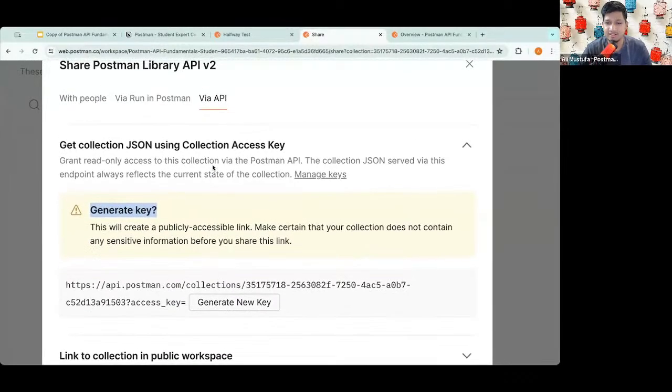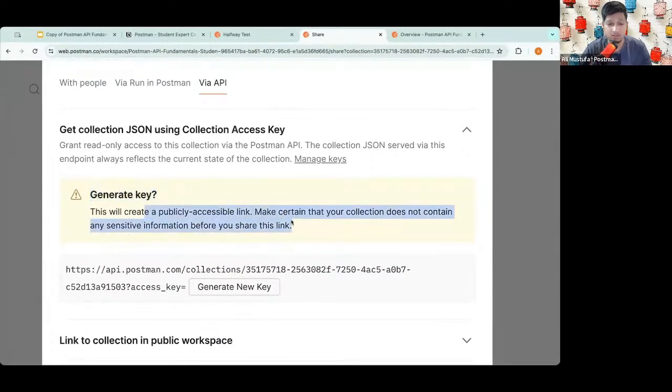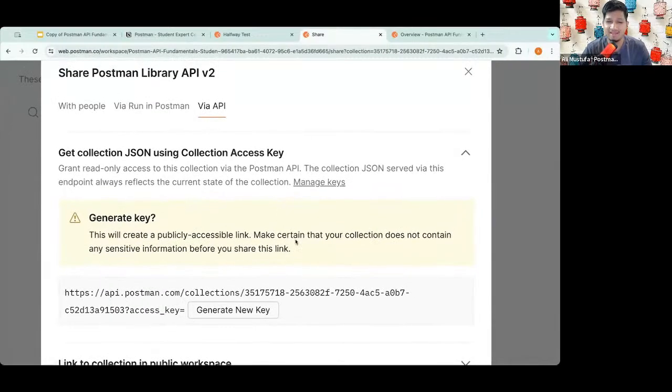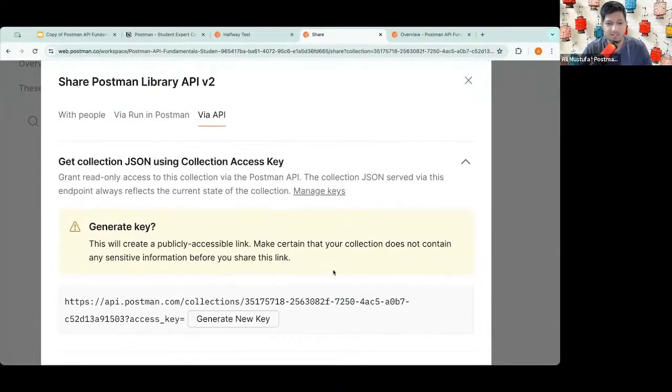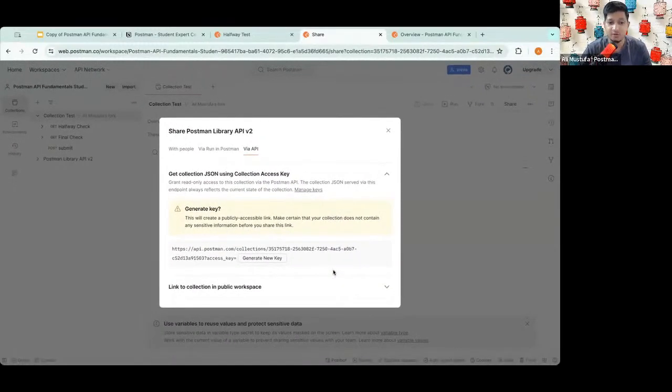Now, what key are we generating? We are generating an API key. This is read only, so do not worry because we do not have any sensitive information in this collection. This is a demo collection, and the whole API is a demo API, so we don't need to worry about it. But in case you are having your personal collection, then generating this will give you a security warning that it will leak sensitive information. Because it's a public personal workspace as well, it is not accessible by other people unless they have access to this URL. We are not going to give them access to this URL. So let's click on generate new key.